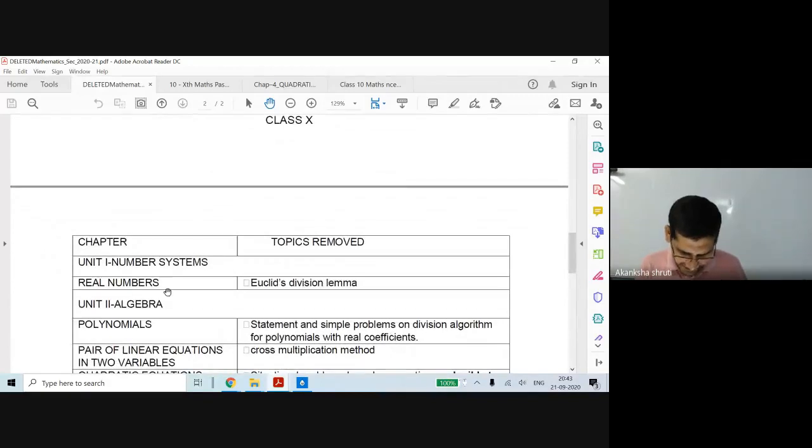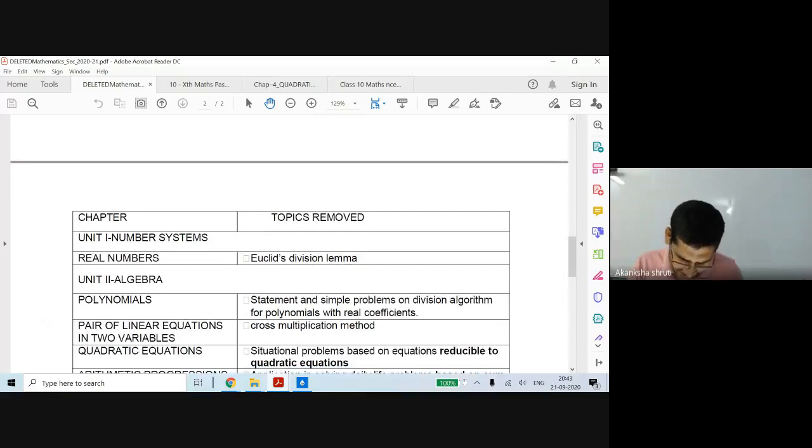keep in mind, in real numbers, though we have covered the Euclid's division lemma, I will not ask the question in our tests because now it is dropped. Another, regarding polynomials, the division algorithm is now being dropped, means finding all the roots of x to the power 4 plus 3x, like that. Such type of higher level question is now dropped. It is temporary and it is for this year only.